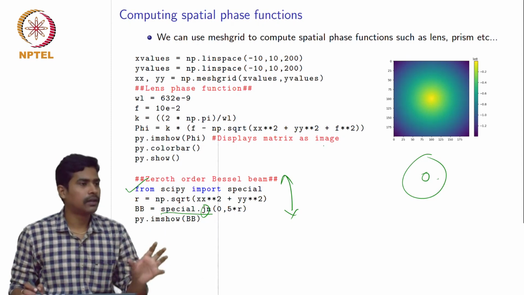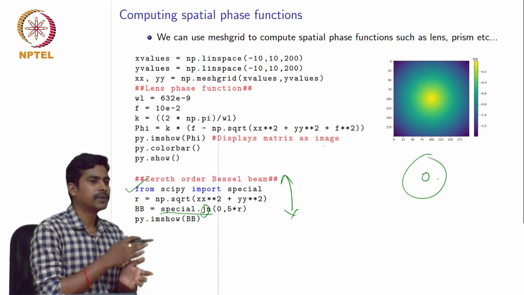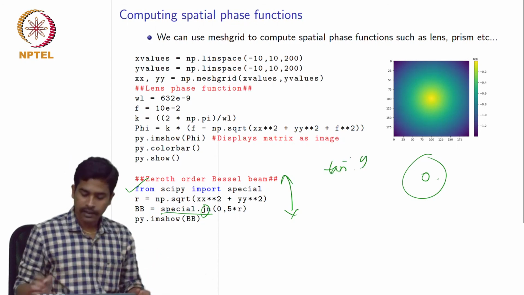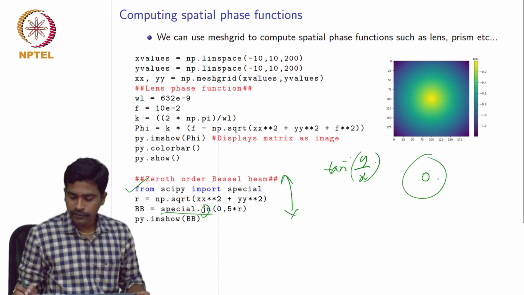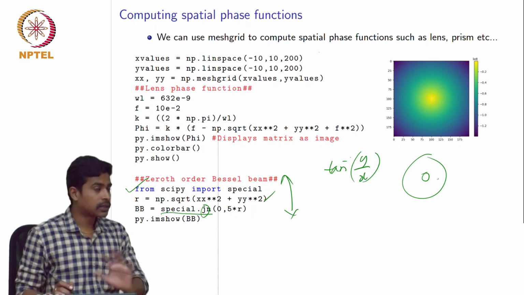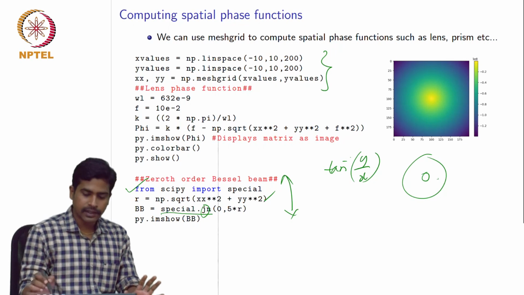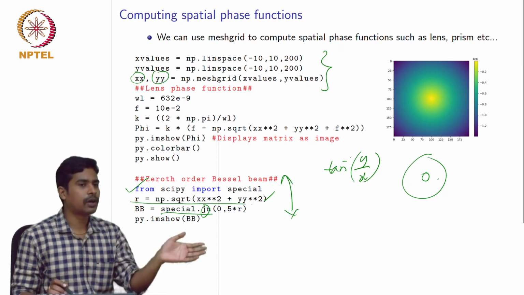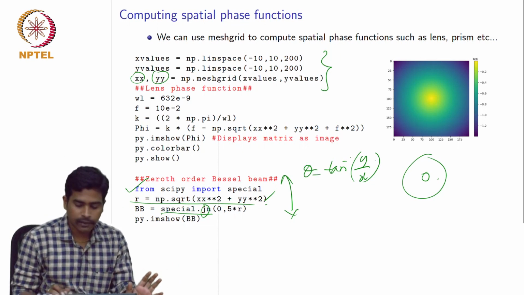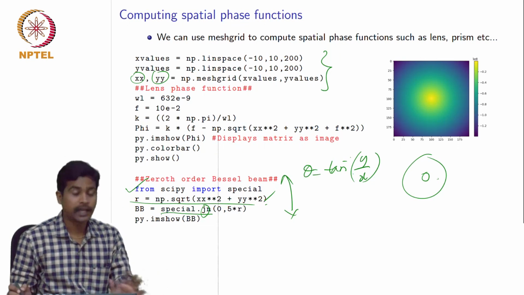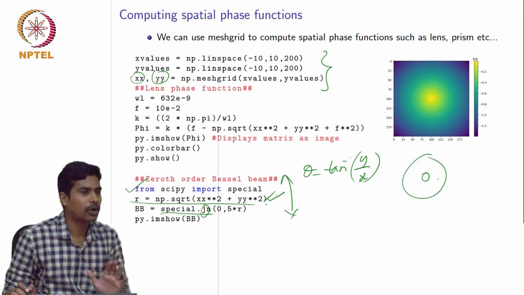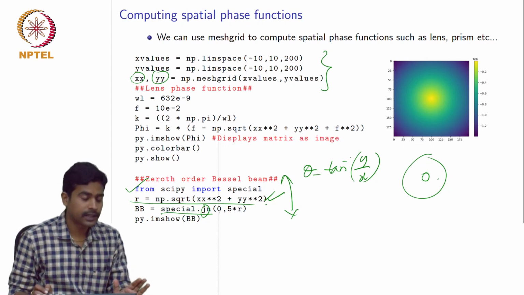You all know how to convert from Cartesian to r theta. r is given by the square root of x squared plus y squared. Theta is given by tan inverse of y by x. So simply you can get the meshgrid, and from these two you can convert it into r theta, just by giving r equals this and theta equals tan inverse y by x. But in this case I don't need theta, I just need the radial coordinate, which I have obtained using this equation.